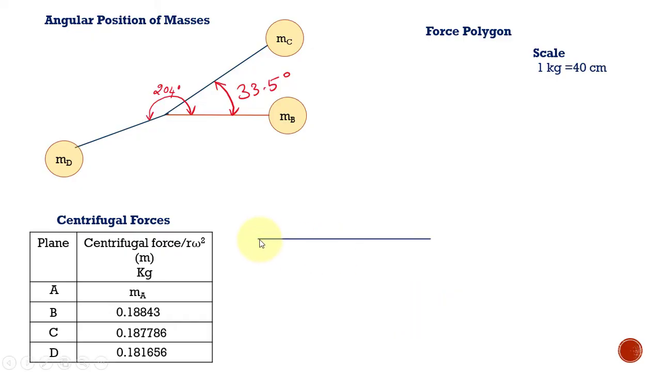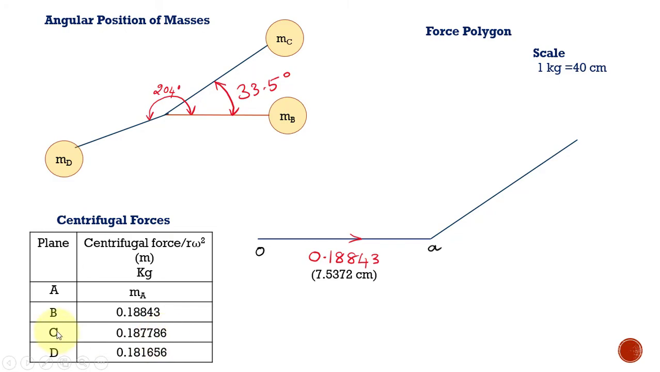Okay, the first force is 0.18843. The direction is here and its magnitude is 0.18843. In actual scale I have just taken 7.5372 centimeters. Okay, and the second force is